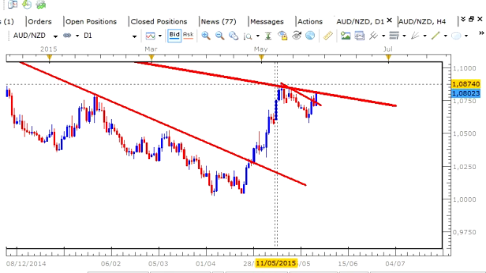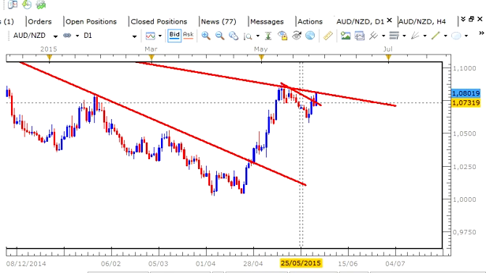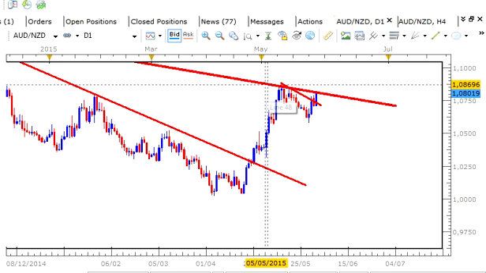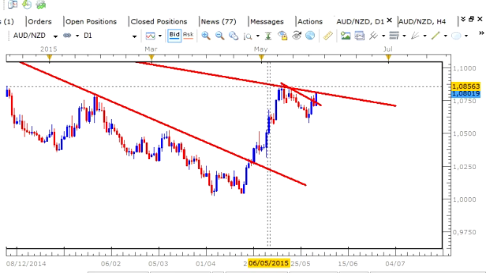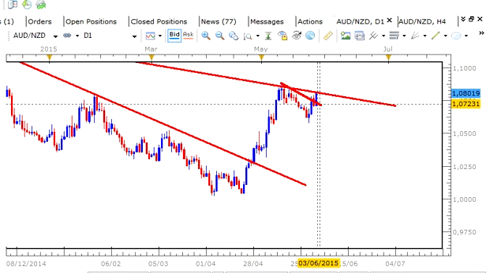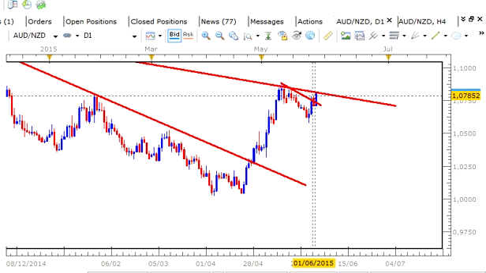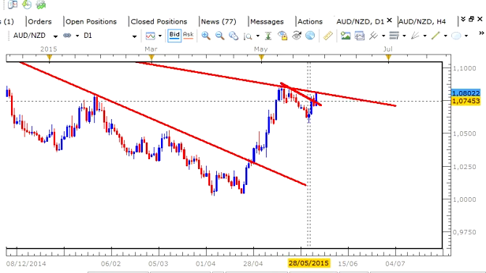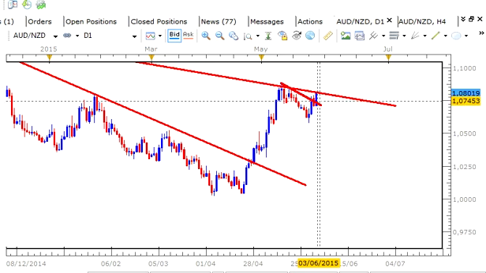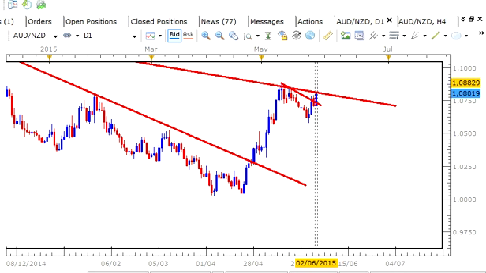Since then, we can see that the market has gradually pulled back, which generally is expected whenever hitting major barriers such as these. In pulling back, the market created this counter trend line, which is now being broken. The bulls are now attempting to break above this counter trend line and possibly break above this